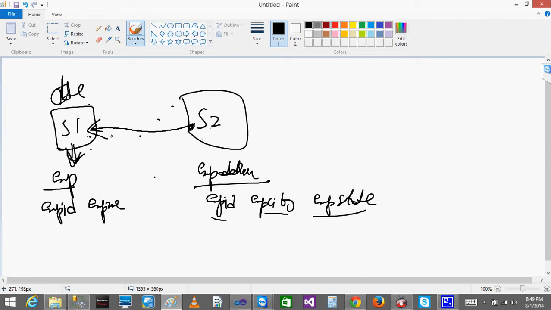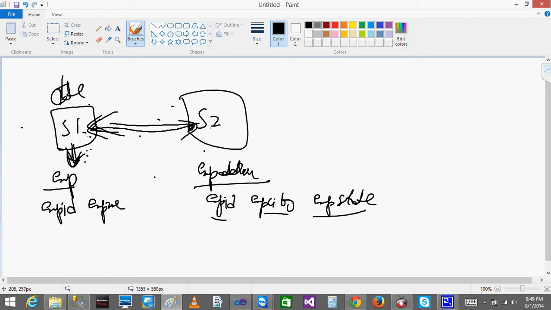The other way: whenever you connect through a linked server, let's say server 1 is located in one place and server 2 is located far away, then when you join the tables like that, you will have many issues. It may take more time to join the data, because it has to get the data from server 2 to server 1 and then join it.